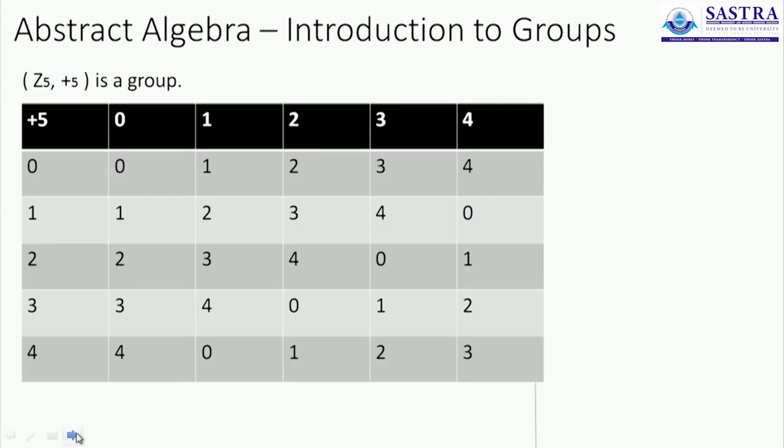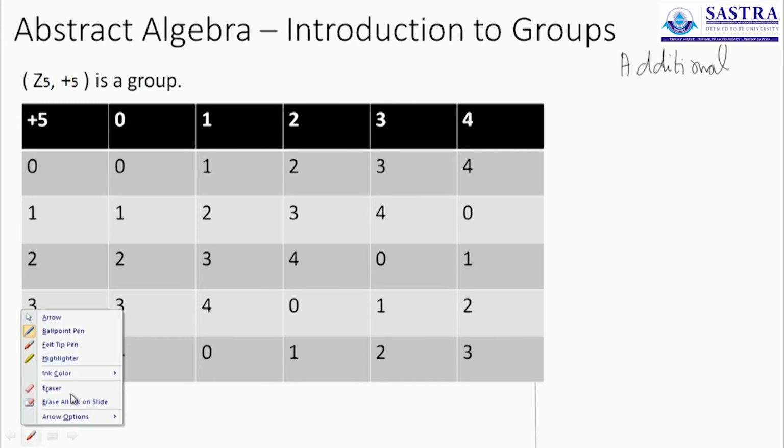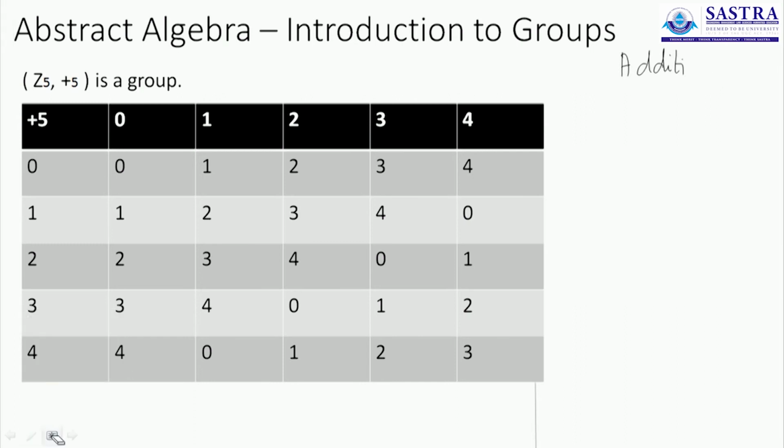You can also let your imagination loose when you consider such a set. This is also a finite group where we take only 5 elements as part of the set, but the operation that we consider here is a little different. It's what you call addition modulo 5. What is addition modulo 5? The operation is addition, but it is followed up with one more elementary operation.